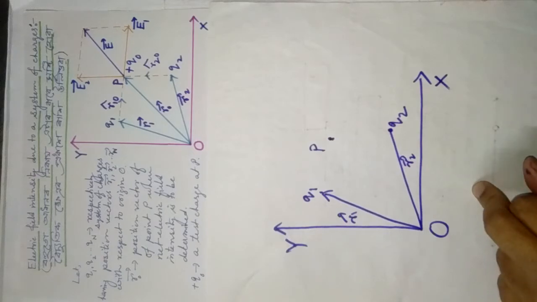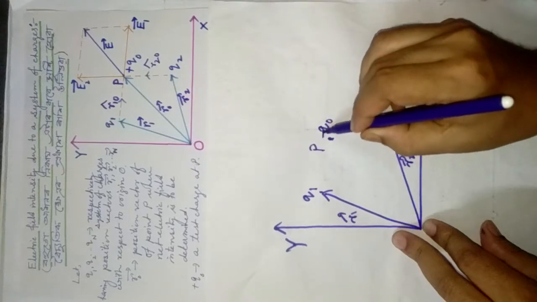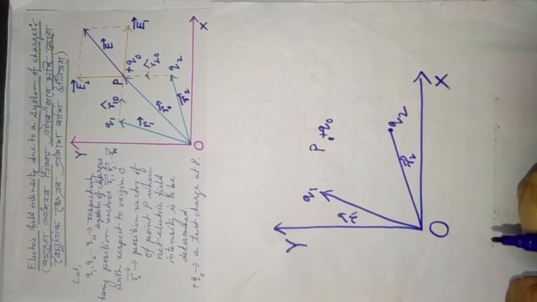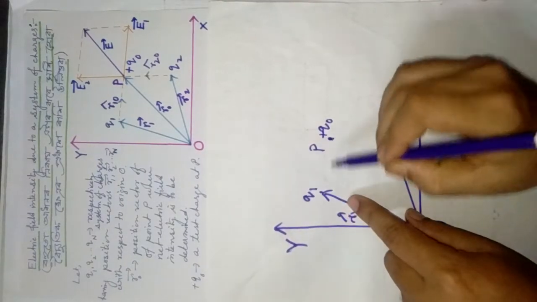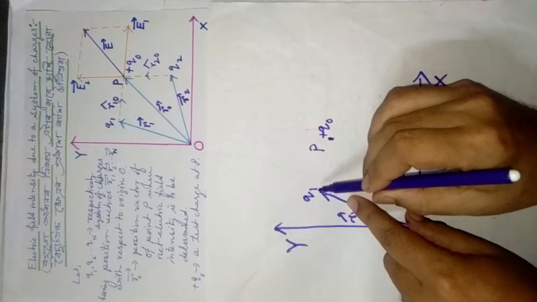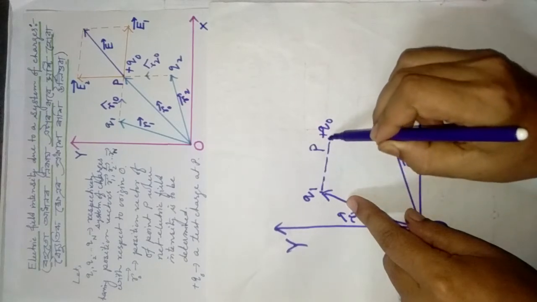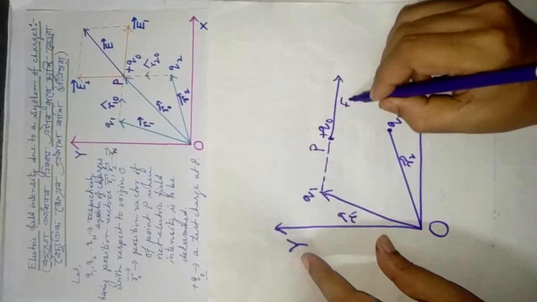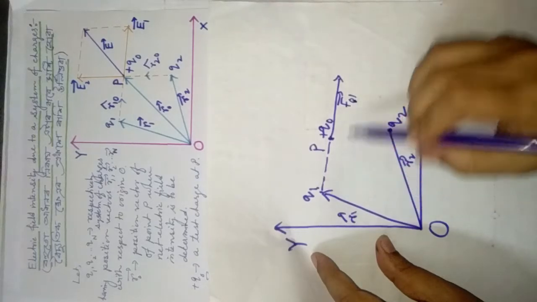Then what we have to do? We have to place a test charge, a very small charge whose value tends to 0. Now let us see what will happen on this test charge. Suppose this is a positive charge and this is also a positive charge, so there will be repulsion, a force along the line joining the two charges, and this force is F01. That means the force on test charge 0 by charge 1.